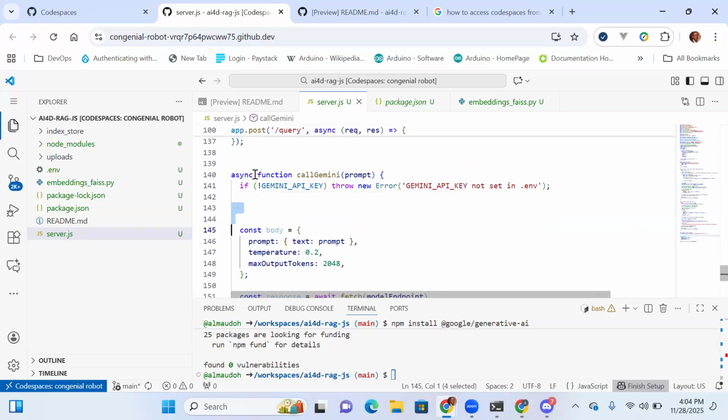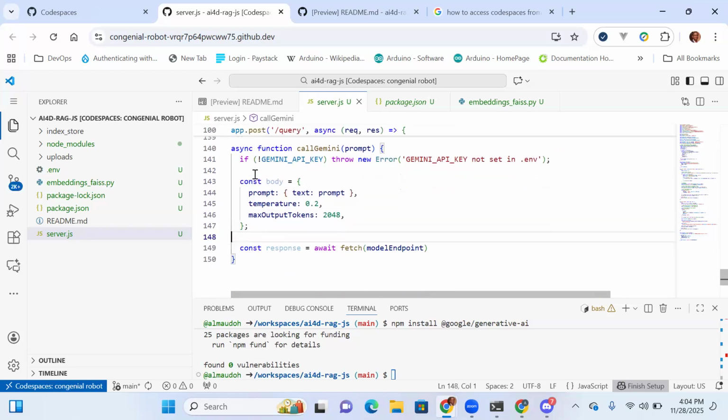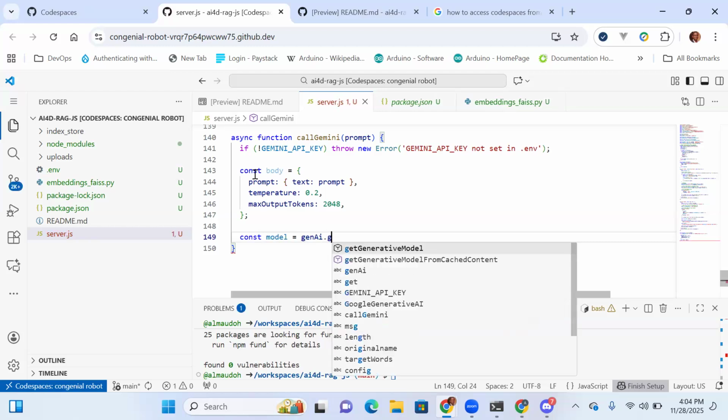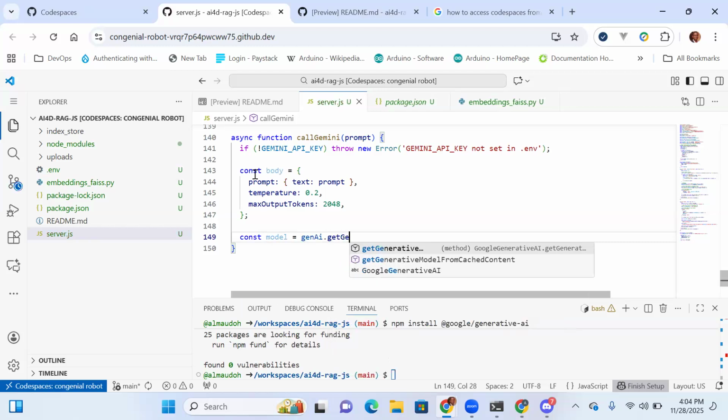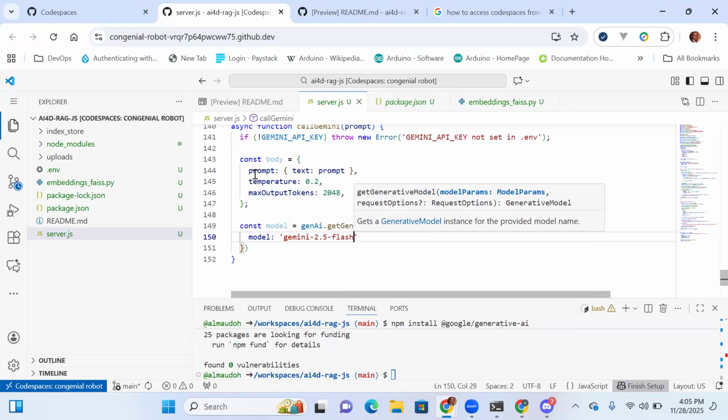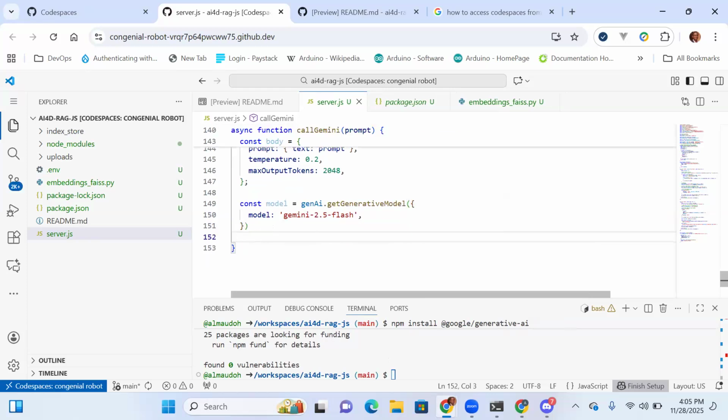With that, I'll still maintain the body, even though I probably won't need all of it. So we can now do our response. We need to get a model, get generative. All right. We specify the model name. I think we've been using Flash Pro, so Gemini 2.5 Flash. That's what we've been using. So then